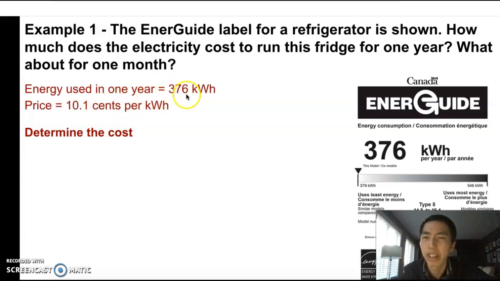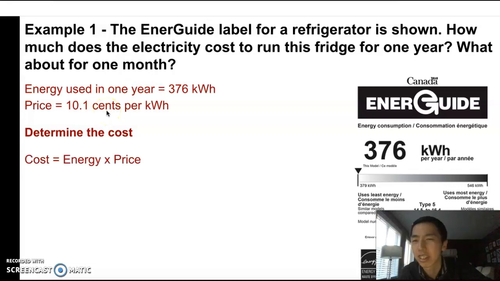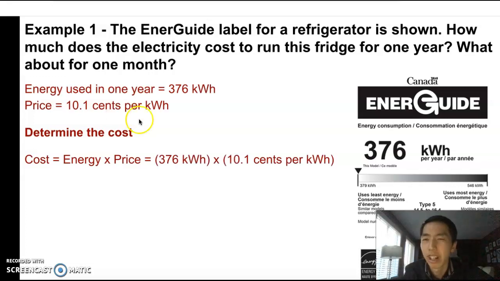You multiply the kilowatt hours by the price. Cost equals energy times price. So it's 376 times 10.1. You get a calculator out, you push that in the calculator, and that comes out to